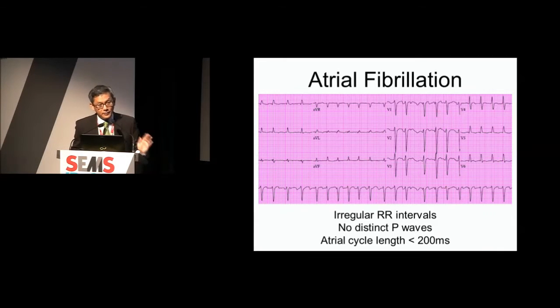This is a typical ECG of a person with atrial fibrillation. As you can see, there are really irregular R to R intervals. R to R refers to the QRS, R to R waves. You find that these are not regular. Number two, if you look at the baseline, there are no P waves. In fact, they are what we call fibrillatory waves, or even flutter waves over here. If you are able to put a caliper between two P waves, the P to P interval is less than 200 milliseconds,